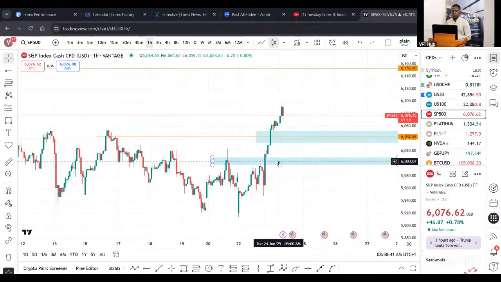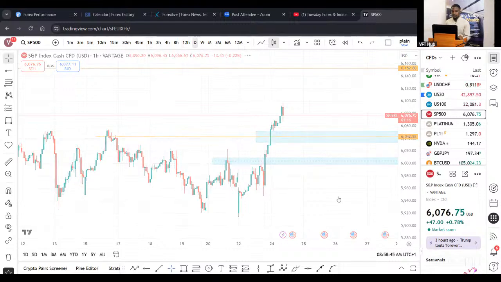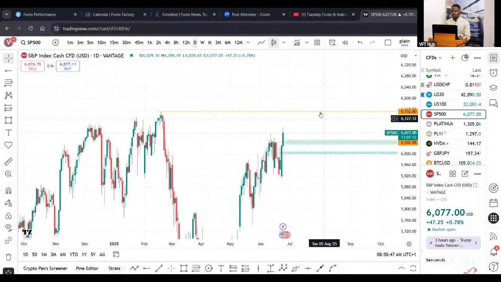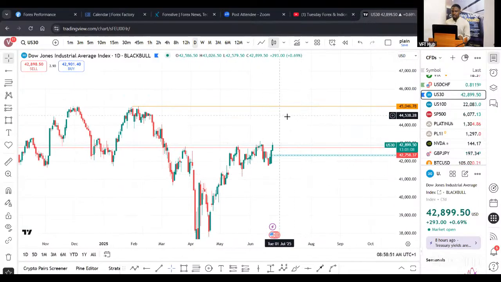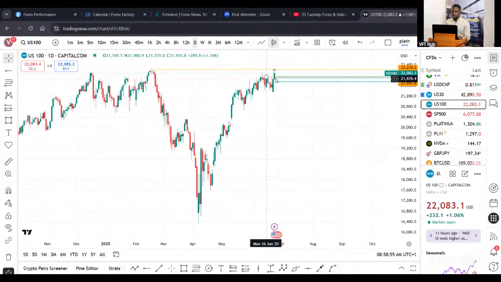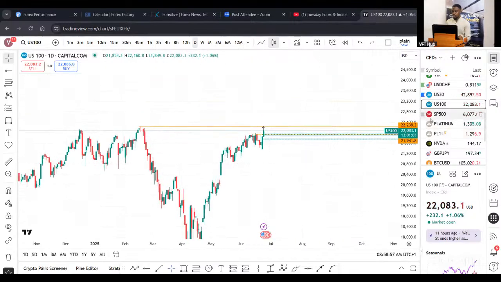because US30 still has a long way to go on the daily time frame. Look at this. This is the overall. However, look at US30, still have a very long way to go. Look at US100, not so much. So I'll be looking at them side by side today, US100, S&P 500, and also US30, and then we trade the setup on US100 and also S&P 500. So that is my outlook for today.